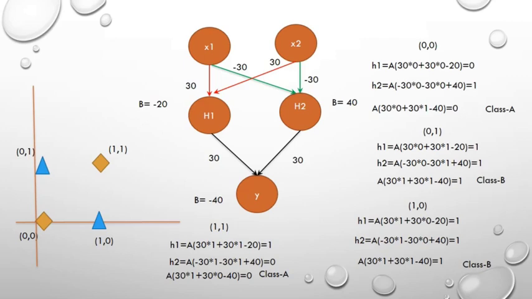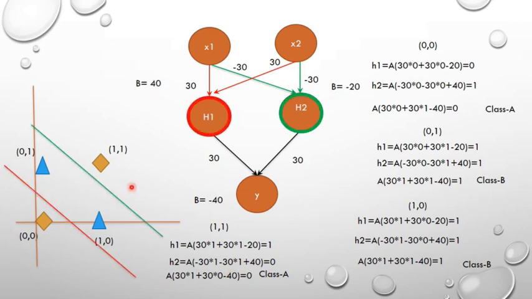So now let us try to visualize this classification. If we want to draw a hyperplane for both H1 and H2, then how is it possible? How can we determine the classification done by H1 or the classification done by H2, or how can we visualize this classification on the coordinate plane?